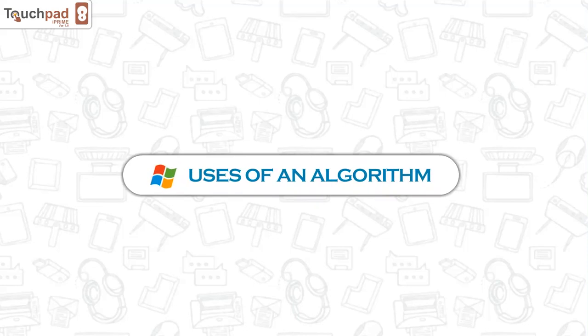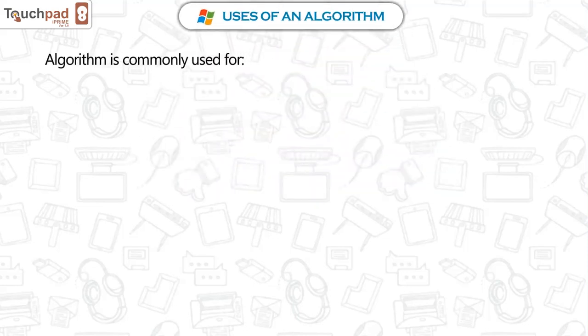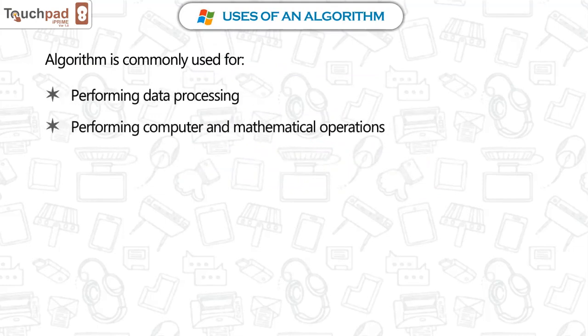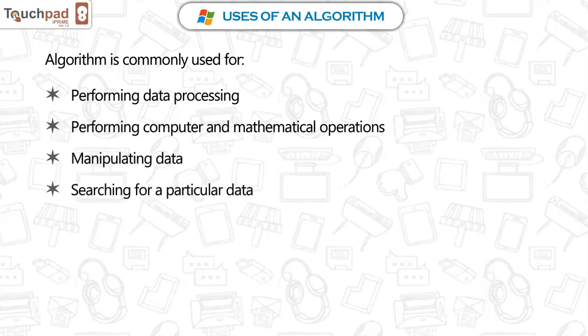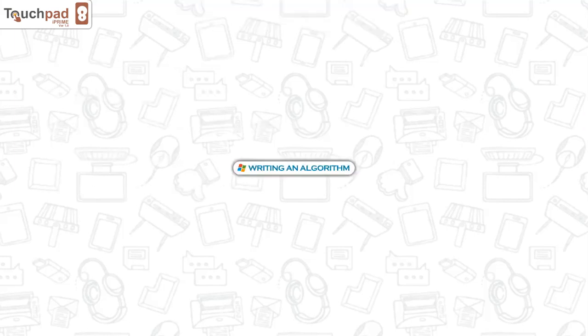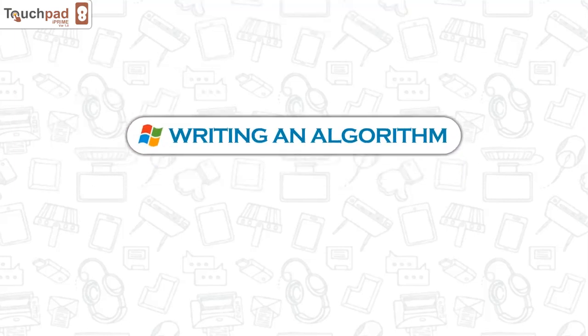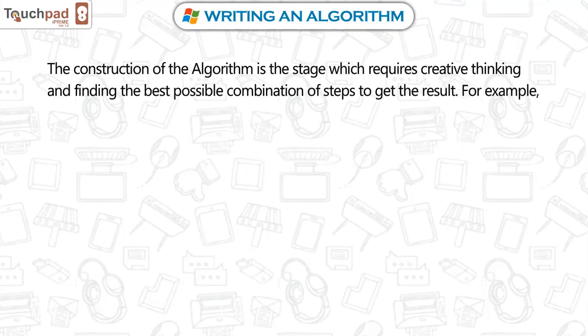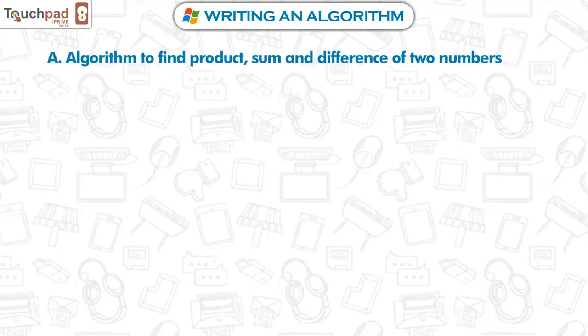Uses of an algorithm. Algorithm is commonly used for performing data processing, performing computer and mathematical operations, manipulating data, searching for a particular data. Writing an algorithm. The construction of the algorithm is the stage which requires creative thinking and finding the best possible combination of steps to get the result. For example,